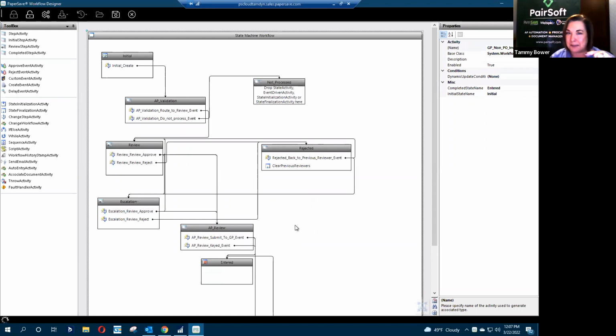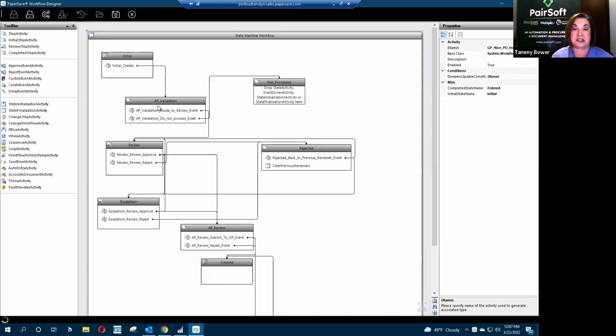You've gone a little deeper into what PaperSafe can do. If you're not using the OCR or the AP transaction automation, where we're going to extract the data off of the invoice, and then you just push a button at the end of this process to create the transaction, that's where PaperSafe is going to give you the most bang for your buck in terms of automating your process.